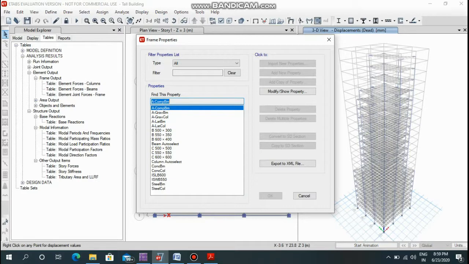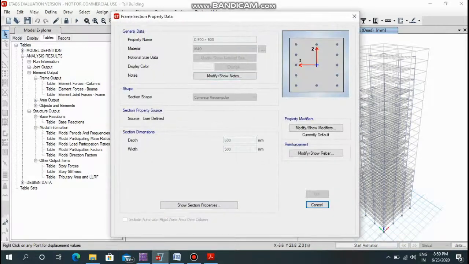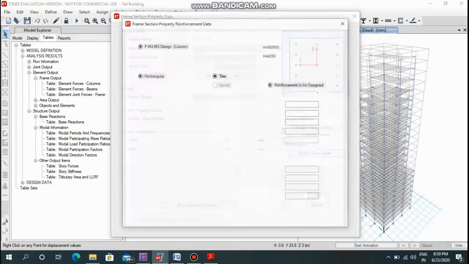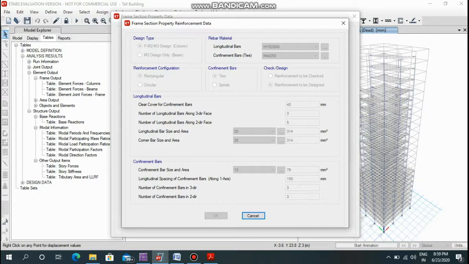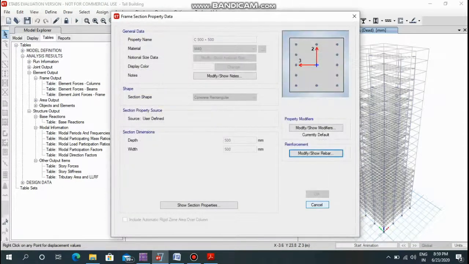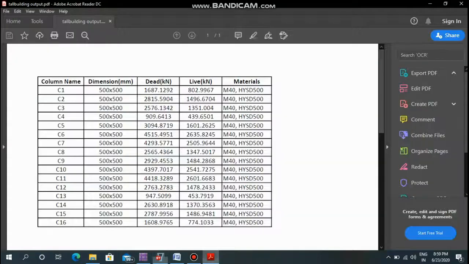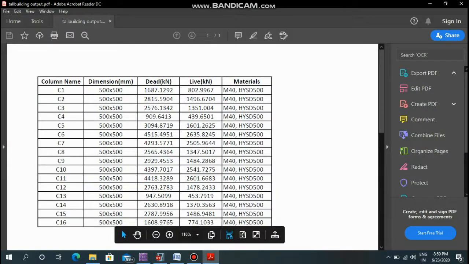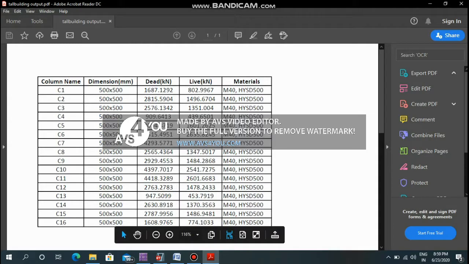The dimensions of our column is 500 by 500. So click on 500 by 500 column and go to modify or show property. So you can see here the material is M40 and the reinforcement details are here. The longitudinal bars are HYSD 500. So our materials are M40 and HYSD 500.